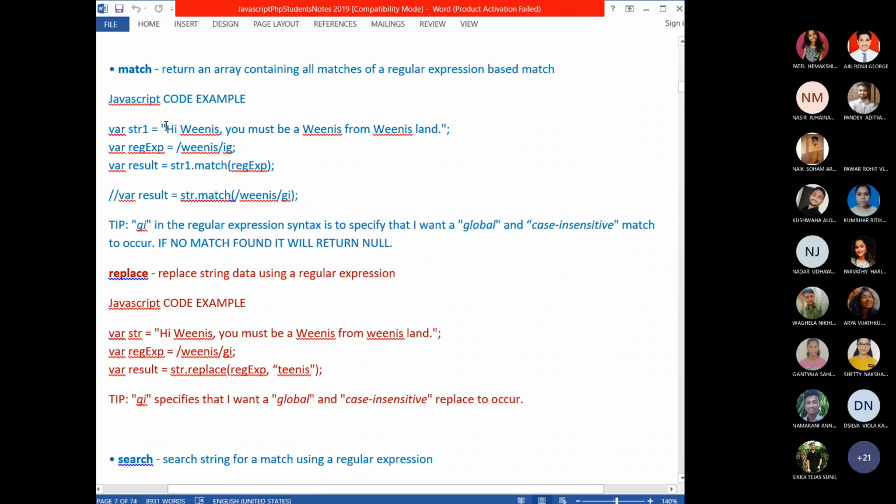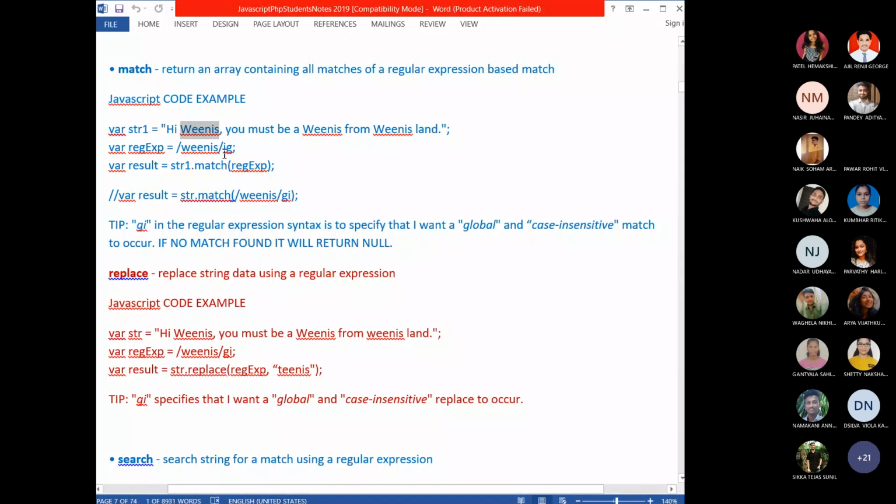Starting from the first, the match method will search for this pattern. As it is case insensitive, it finds this first word. Once it finds the first match, it will stop searching. That is the default.